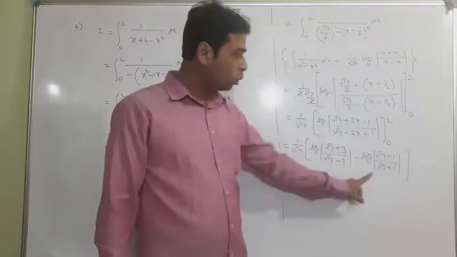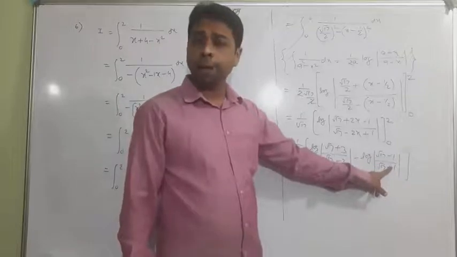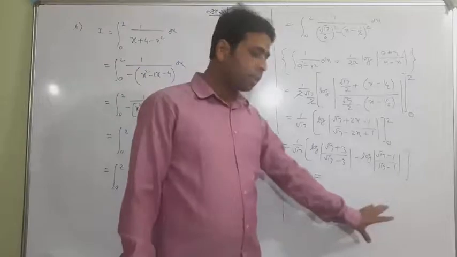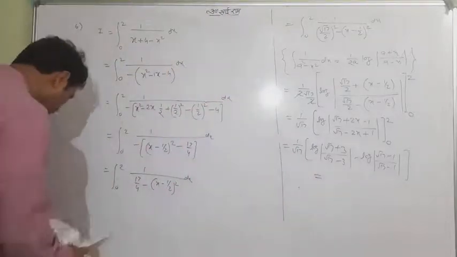You can rationalize both of the terms. Later on, you can use log m minus log n, which is equal to log m by n, and it can be simplified to make the answer as easy as possible. But okay, if you're dropping the answer right here, it is called a correct answer. Okay, so this is the question from my side I wanted to tell you.